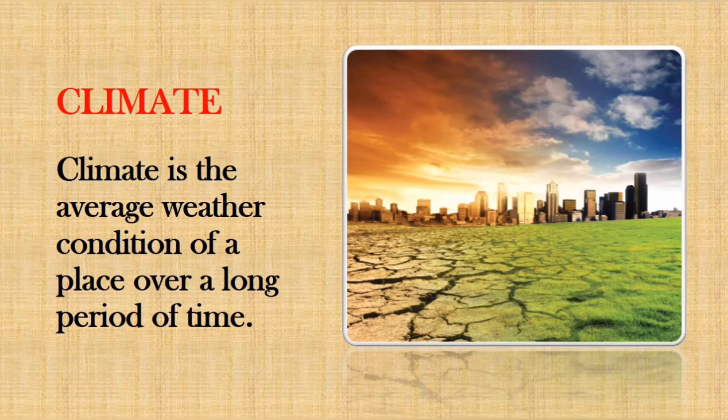Okay, yes. The desert region receives very little rainfall, that is less than 25 centimeters of rainfall per year. Because of the less rainfall, water scarcity will be there. What is meant by scarcity? Shortage of water. So, because of this, the land is very dry. The land in the desert is very dry.